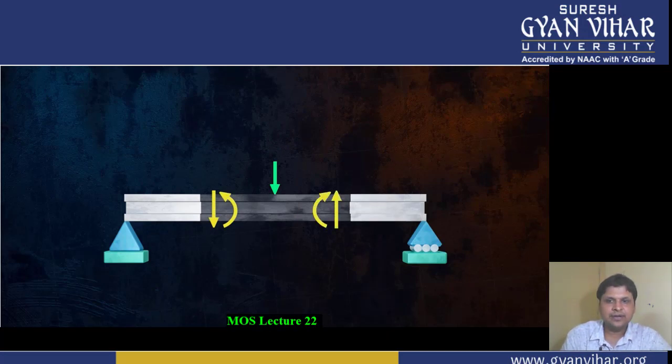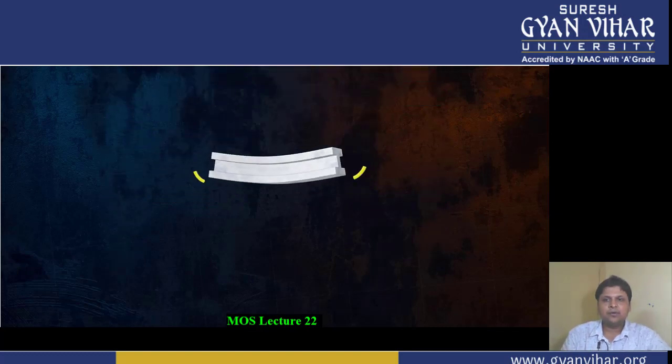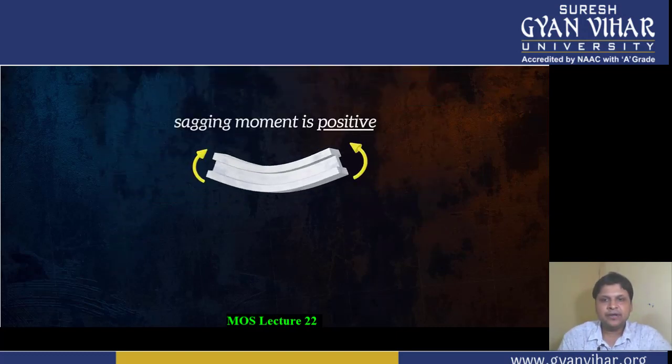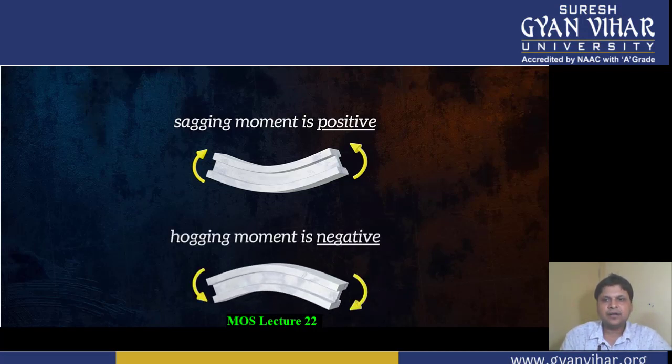If the beam is on the left side of our cut, shear forces pointing downwards will be positive. If the beam is on the right side of our cut, shear forces pointing upwards will be positive. Positive bending moments will be those that put the lower section of the beam into tension. Another way to think about it is that bending moments that cause a sagging of the beam are positive and those that cause a hogging of the beam are negative.